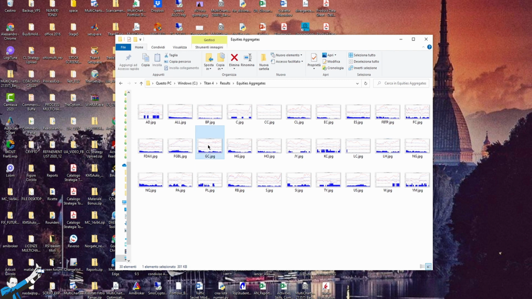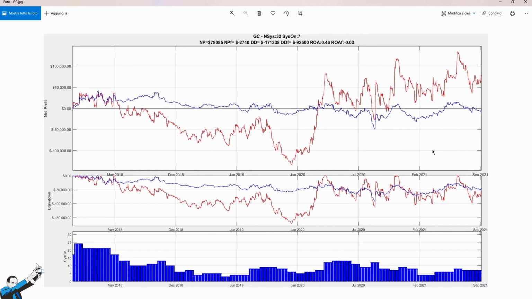Finally, let's take a look at our strategies for gold. Here we are. And, okay, so joys and sorrows, again, over the last few years. Unfortunately, there were moments when some strategies didn't perform as we expected, but also in this case, we can say that the blue equity line is more tolerable, or at least in my opinion. It is true that the unfiltered strategies make more money, yes, but the drawdown in that case is quite excessive.